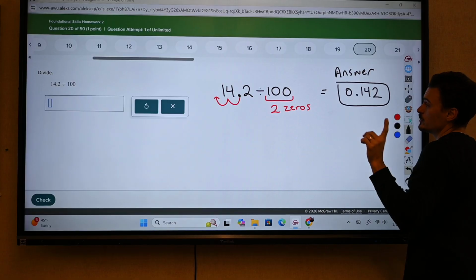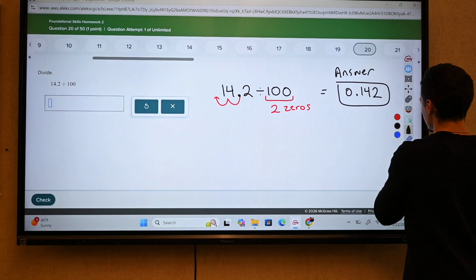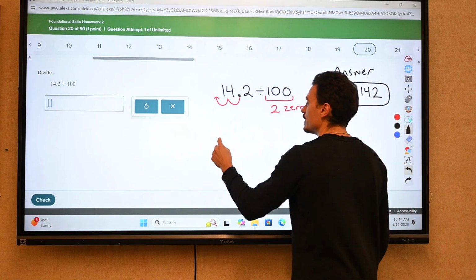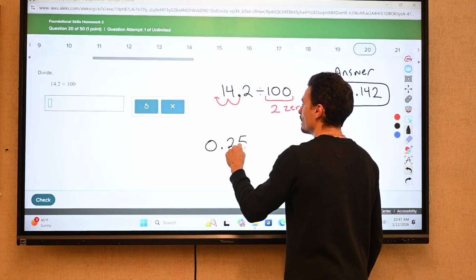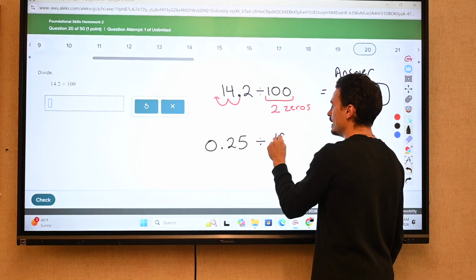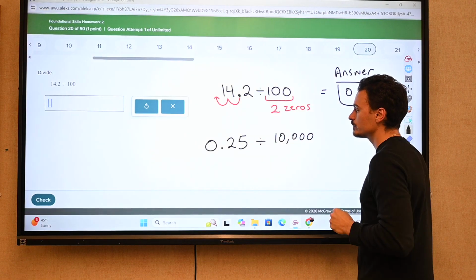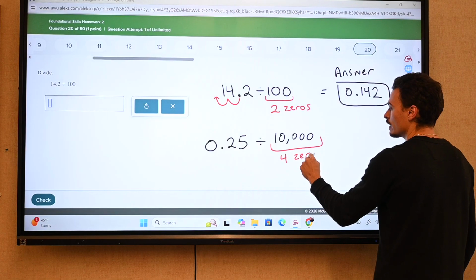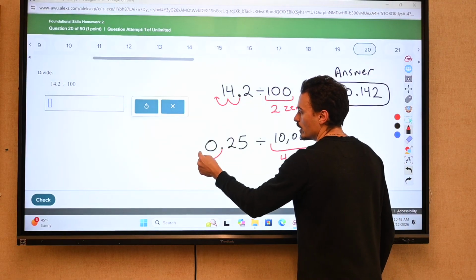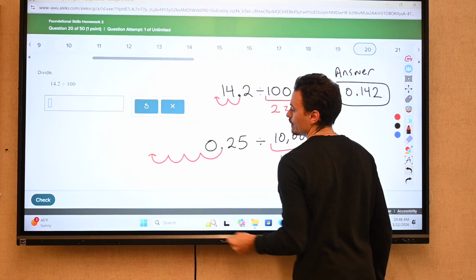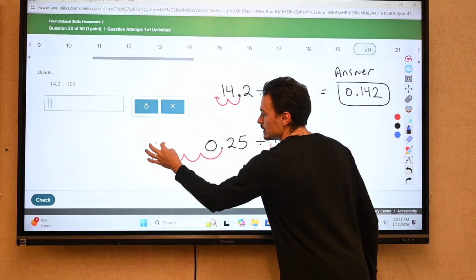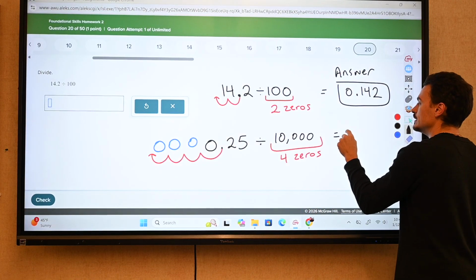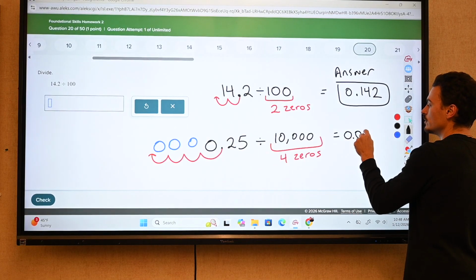Okay, I will do one where you're going to get some zeros in the empty spots. So for example, if I had 0.25 and I divided that by 10,000, this would be 4 zeros. So I'm going to take my decimal and go 1, 2, 3, 4. Each of those empty spots belongs to 0. So to write our answer, we would write 0.000